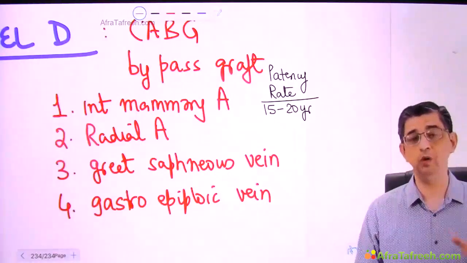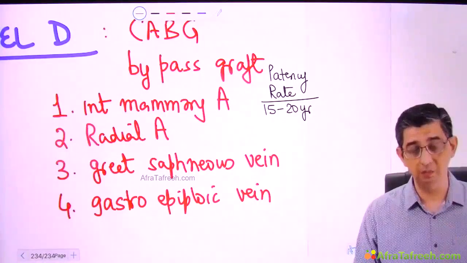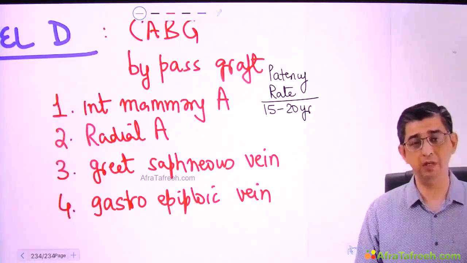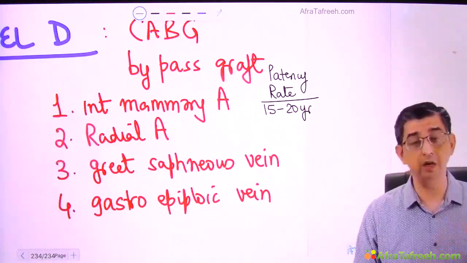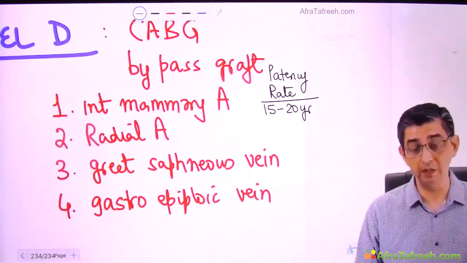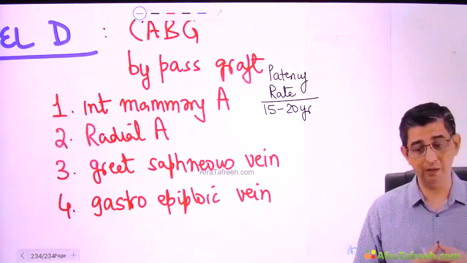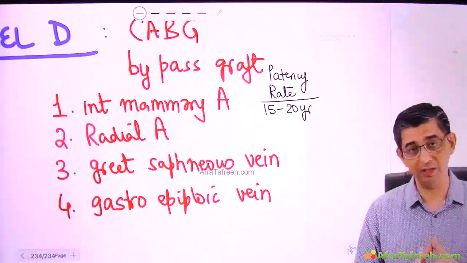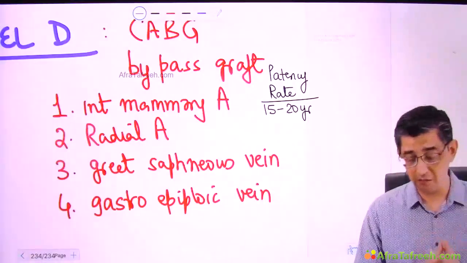In fact, just to make you more comfortable, I can give the example of our former Prime Minister Manmohan Singh ji. When he became Prime Minister, initially he underwent a CABG, then he had to undergo a CABG a second time. That's when the radial artery grafts were used in him. That was because the disease is relentless. Your disease tends to progress in spite of, you see, I've talked about statins per se, but there's limited efficacy with the drugs as of now. So patients might require a CABG again after a few years.